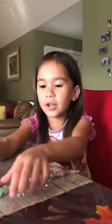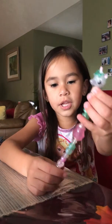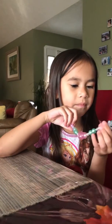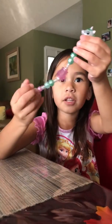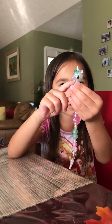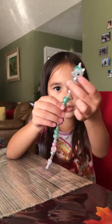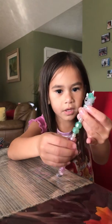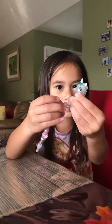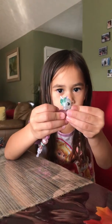So let's get started. This is called a Twisty Pet, but I can't remember her name. But I love her. So you need to knot this one, this clear bead. Then see this bead, it mixes out of the big bead. Then you need to